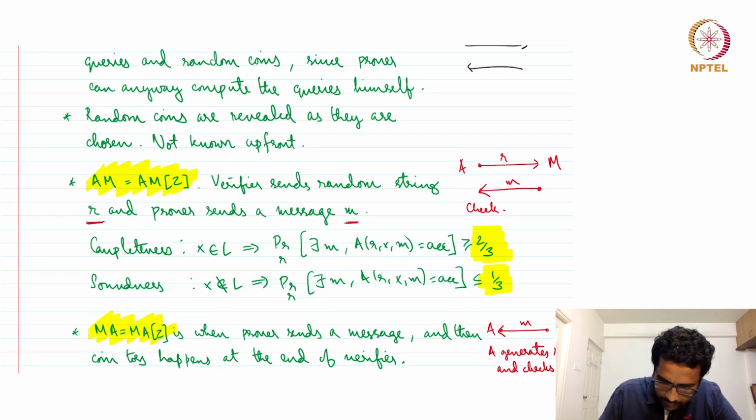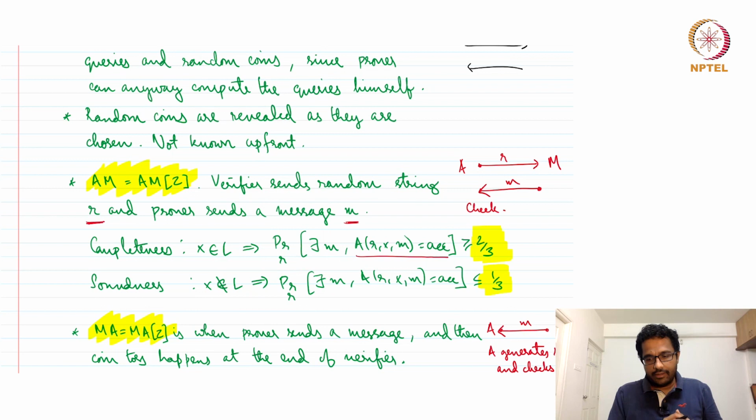So A is the function the verifier uses, R is the random coins, X is the input, M is the message from the prover. So if X is in the language, the prover should be able to pick out a message M such that the probability of it getting accepted is